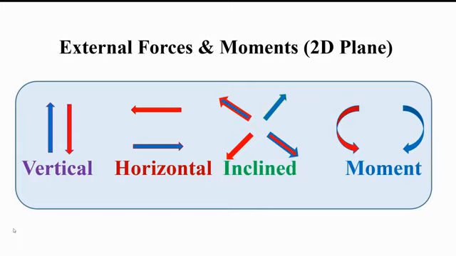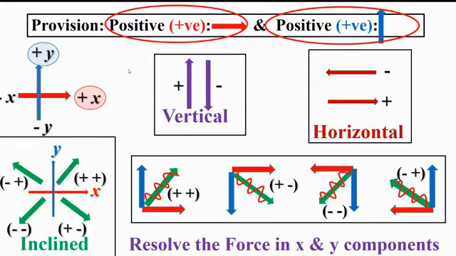As you can see, there are maybe four types of external forces and moments. Number one is vertical, which may be upward and downward. Horizontal, which means towards left and towards right, and inclined. It can be in four directions, and moment may be anti-clockwise or clockwise. Now, at the very beginning, we should understand we have to set a coordinate system,